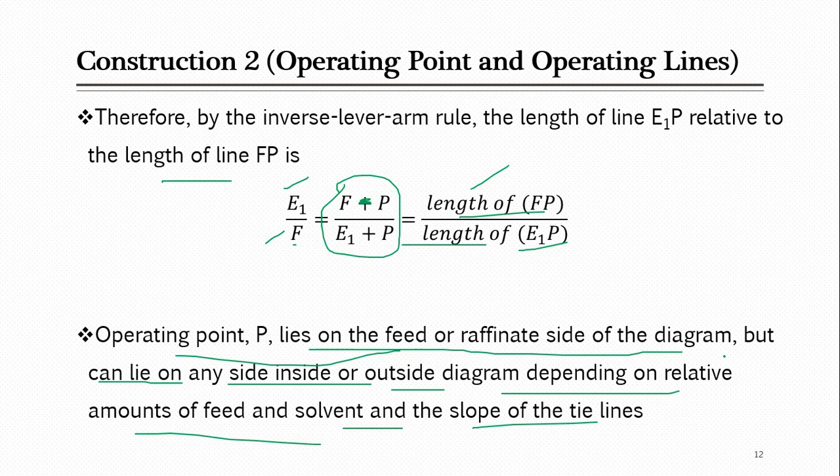So if you take the difference of the terms, something rich in the carrier minus something rich in solvent, they are equal to P, and P is called the operating point or difference point. So when we have points like F and E1, S and Rn, these four can be used. These two pairs can be used to draw straight lines, and those lines intersect at one single point, and that is called P.